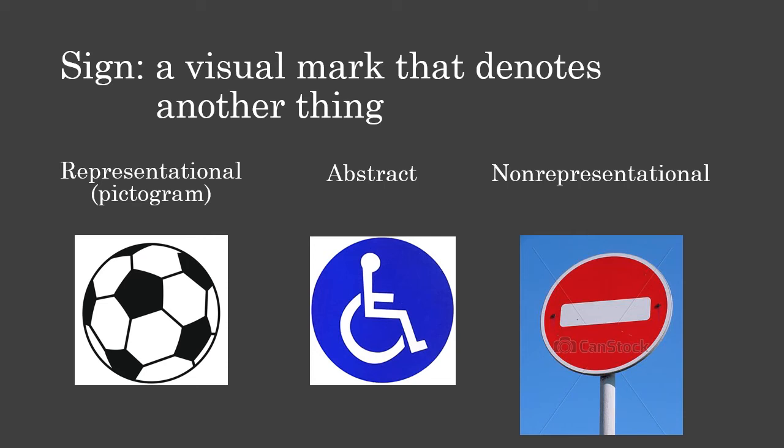A representational sign, also called a pictogram, of a soccer ball, right? It looks like a soccer ball, representing a soccer ball. An abstract sign that is probably a very familiar symbol, sign to everybody, the handicap sign. So it's an abstract rendering of a person in a wheelchair. And then the third one is a non-representational sign. That is the do not enter road sign that you've probably seen a million times over and never really questioned